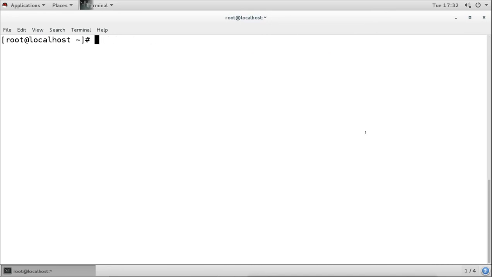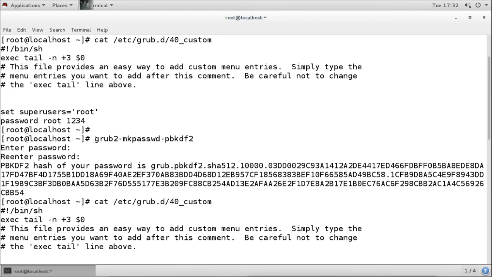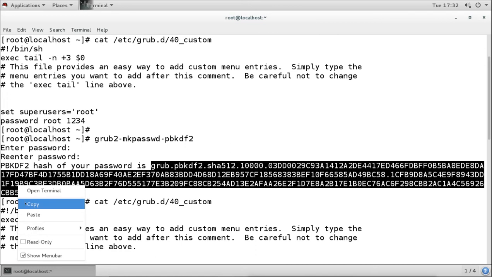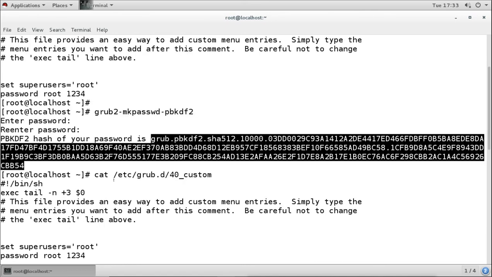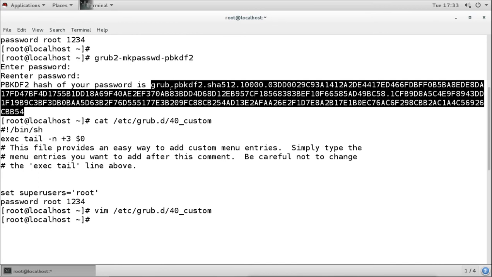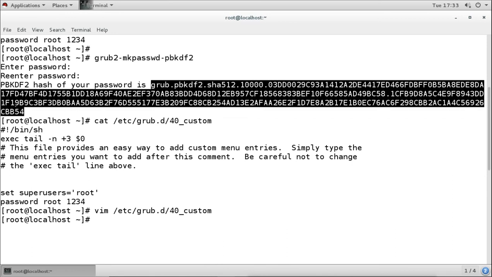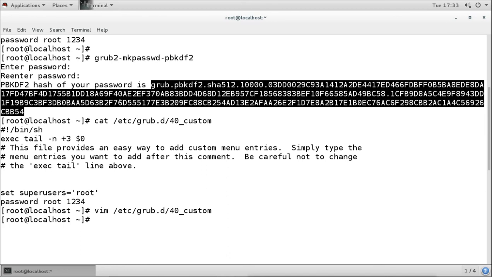Now for example, we did this. How did we do this? We generated the hash first, and then what did we do? We selected the hash using the mouse, then right-clicked on it and copied the content. Now if you are working on the command line, you will not have a mouse there. Remember, when you are working on the command line, you will not be able to select it, right-click and copy it. Then what will I do? Copy this output and paste it into this file.